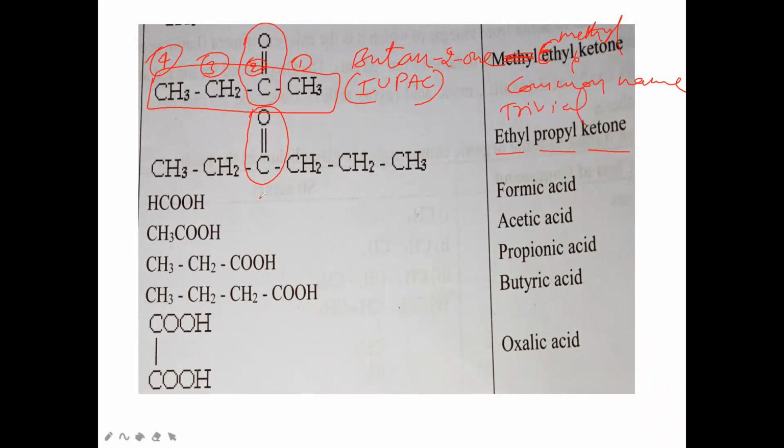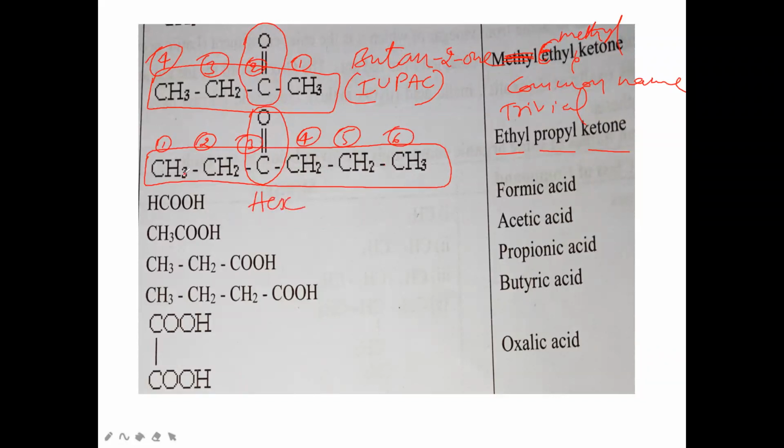Now the next case, the IUPAC name we have to understand here. In this, how many carbon atoms are in the parent chain? Check it. There are 1, 2, 3, 4, 5, 6 carbons. If you give numbering from left side to right side: first carbon, second carbon, third carbon, fourth carbon, fifth carbon, and sixth carbon. Now at which position is "one" coming here? On the third position. So totally 6 carbon atoms indicates what? Hex.